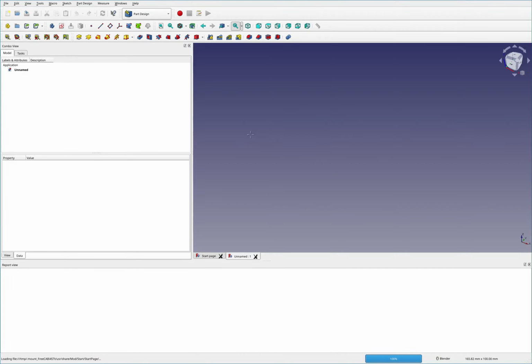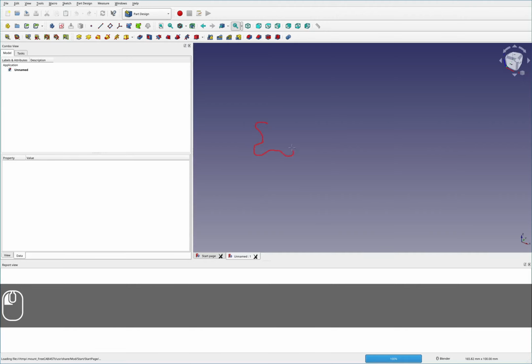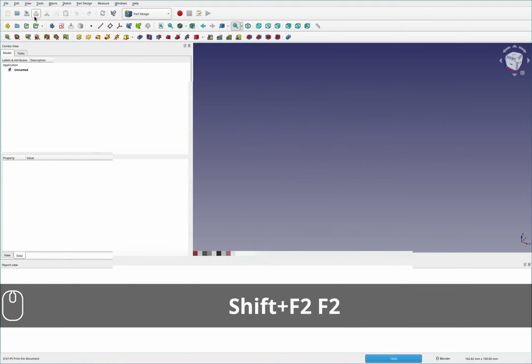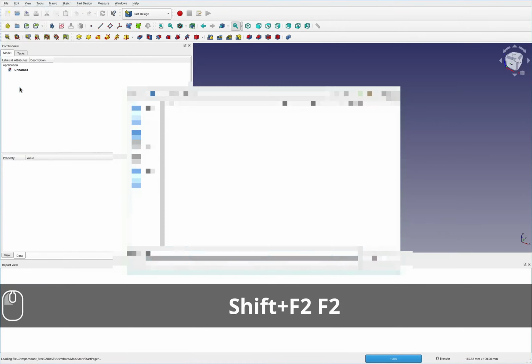Hi and welcome back. So in the previous video, we talked about how you can parameterize a T-slot extrusion for length, and that was relatively straightforward. But that approach does fall short in some instances. So for this video, I'm going to import